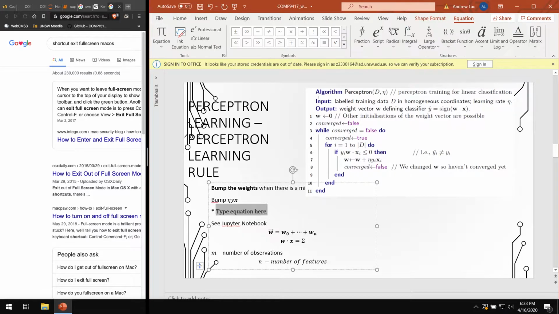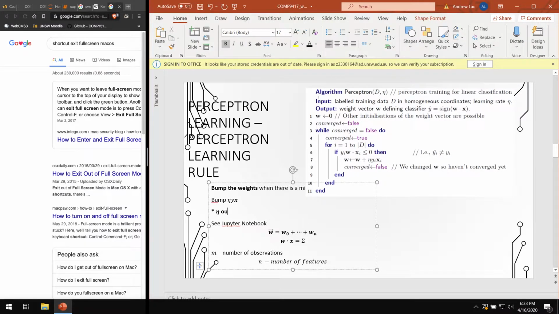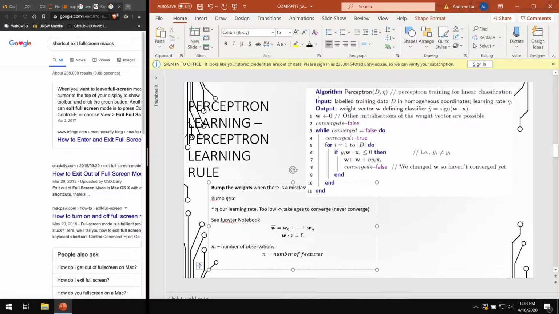Okay, so our eta, this is our learning rate. This is how quickly the algorithm learns, or I guess adapts to the data. Now the thing about this is you have to be careful, because there's a couple of things. If it's too low, then it might take ages to converge, or might even never converge, right? And if you're dealing with a really big data set, especially in practice, this may be a huge issue. Now, the flip side is if it's too high, then you may miss a global